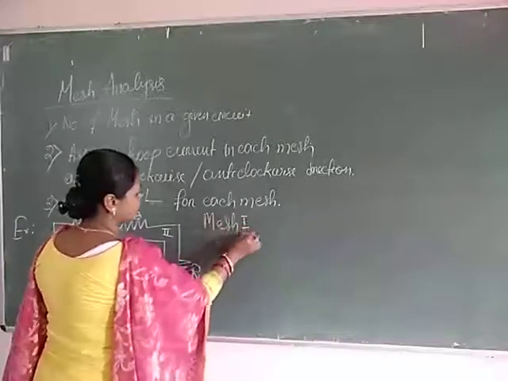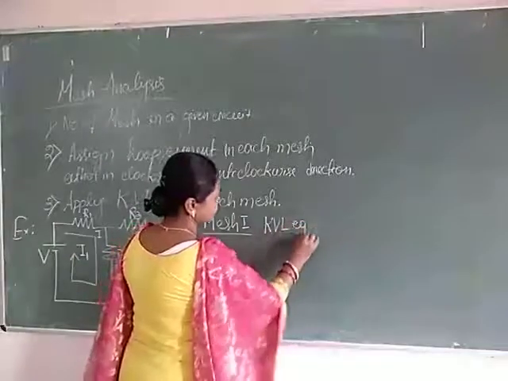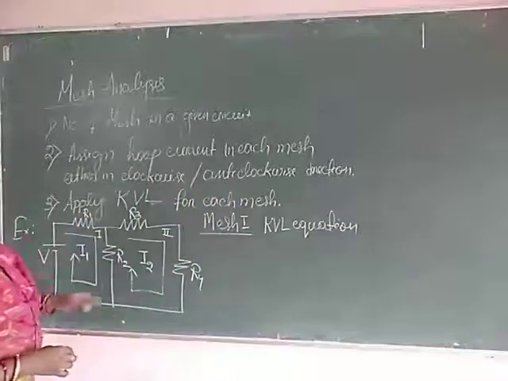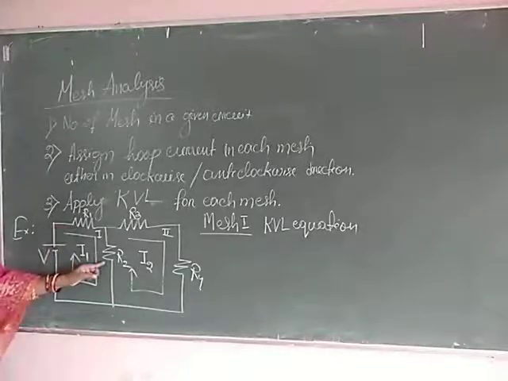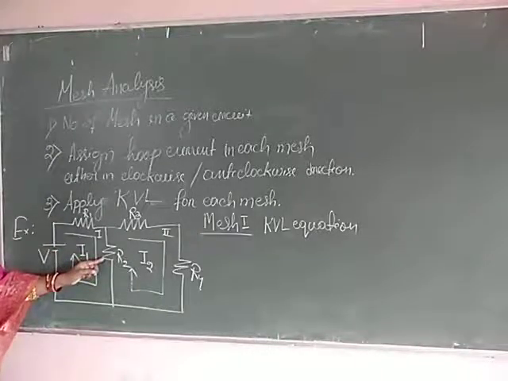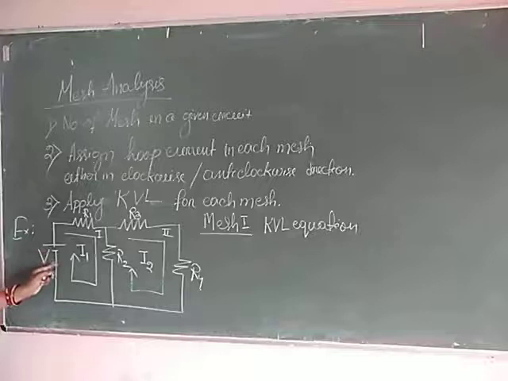Step 1, I find the KVL equation. See, mesh 1 comprises one voltage source and two resistors. In these two resistors, energy loss takes place. This battery is the supply one. What is the KVL equation? What is Kirchhoff's voltage law? It states that the algebraic sum of potential differences